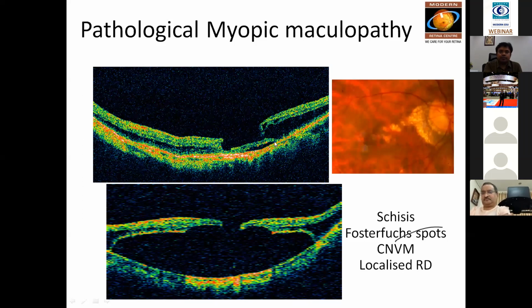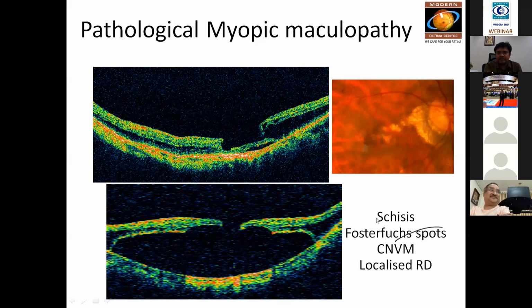In a very high myope, as there is progression of the axial length of the eyeball, there is some amount of traction on the central fovea. Because the sclera is expanding and the choroid is expanding, the retinal tissue fails to expand as much as is required, and then you get schisis of the retinal layer. There is splitting of the retinal layers as seen in this picture. Between the retinal layers, there is an empty space. Then you get what is called a schisis.